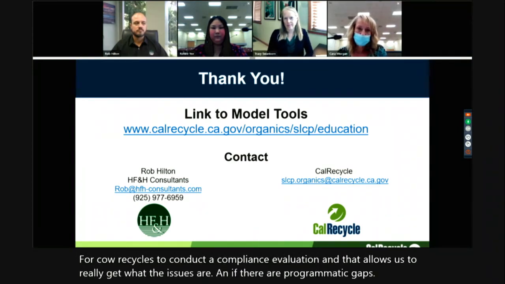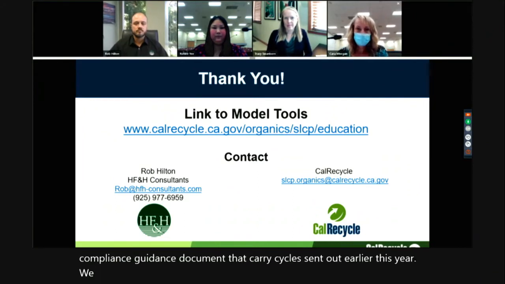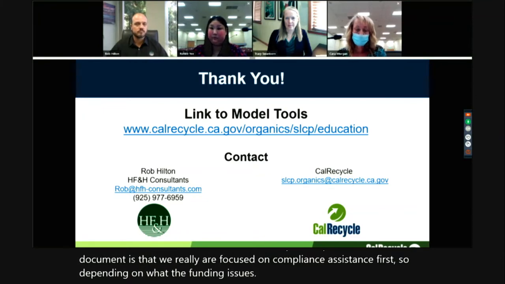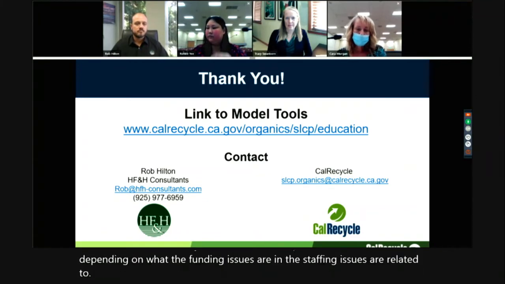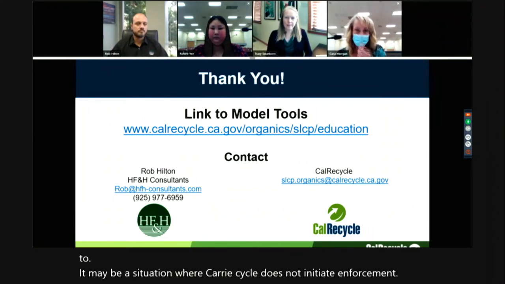Also, in the compliance guidance document that CalRecycle sent out earlier this year, we added some clarification. One important point in that document is that we really are focused on compliance assistance first. So depending on what the funding issues and the staffing issues are, it may be a situation where CalRecycle does not initiate enforcement action, as CalRecycle has discretion.